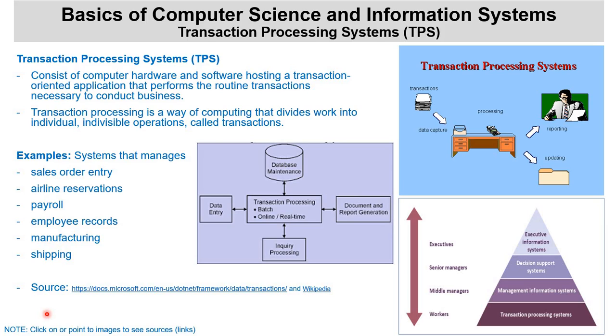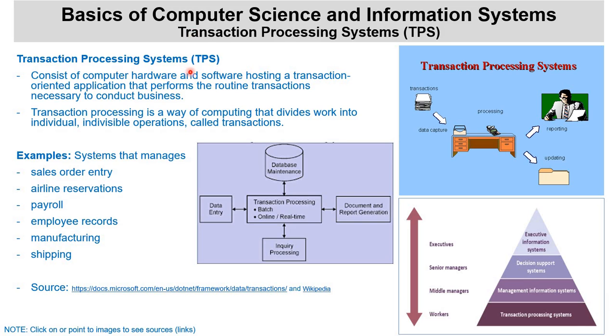In this part of Module 3, we will continue with looking at the different types of information systems, specifically business information systems. We talked about the computer-based information systems and business information systems, and we also looked at a number of business information systems, which we will start by looking at each one of them specifically starting with the transaction